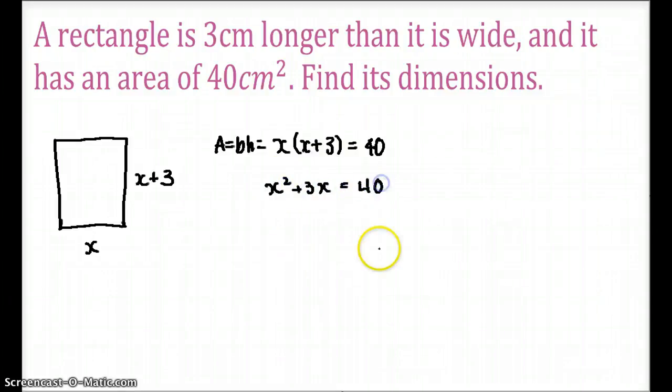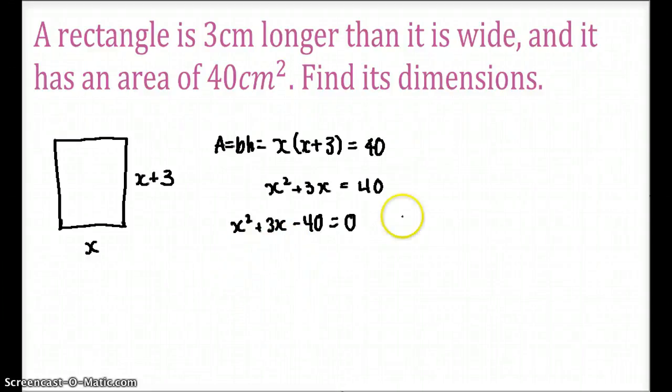And here we have a quadratic equation. So all we need to do is solve for x, so we can find the rectangle's dimensions. So the first step is to subtract 40 from both sides. So we're going to go x squared plus 3x minus 40, and this side becomes 0. Then we are going to